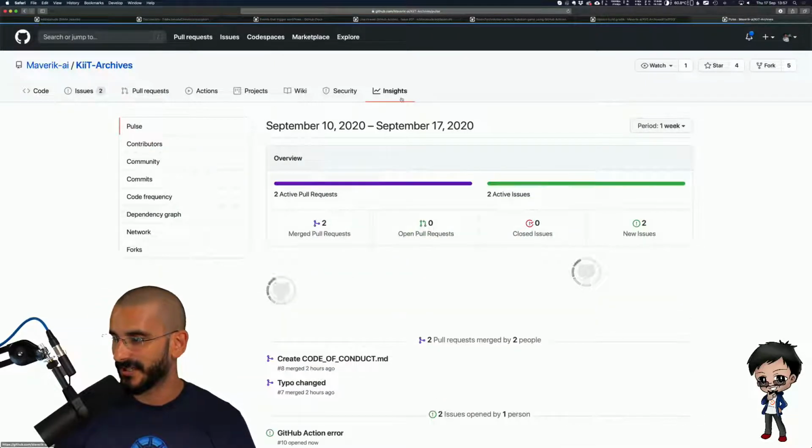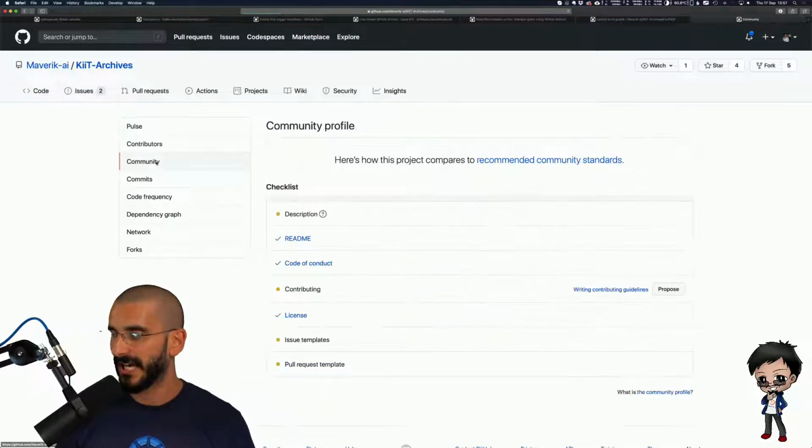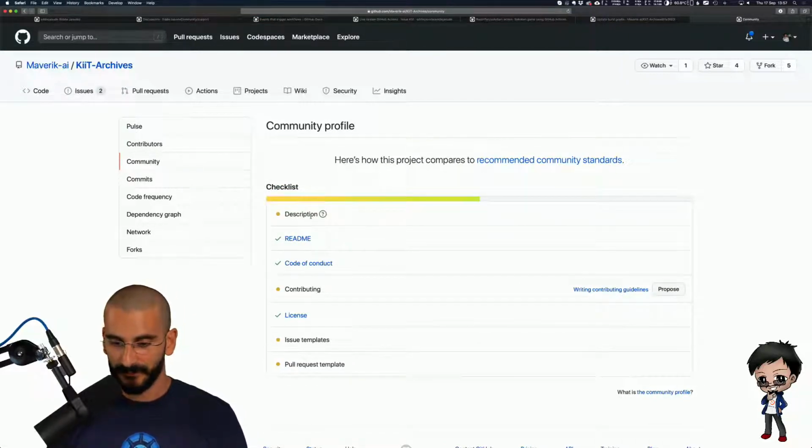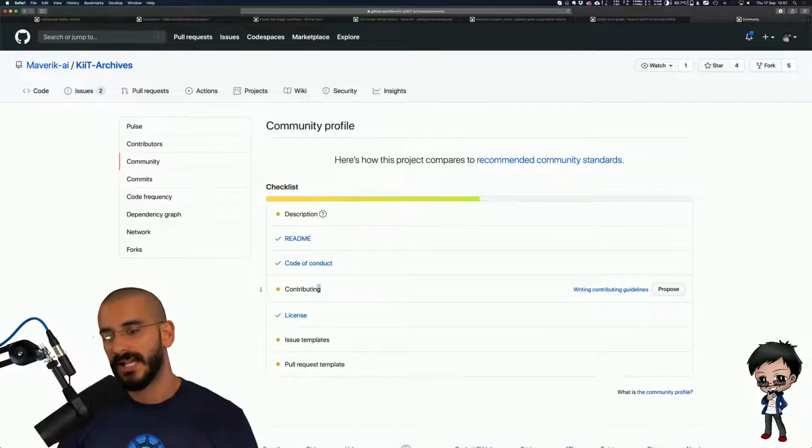So in Insights, in the community tab, I did the description one. Tijer's one. Have I missed lots of comments? Apologies if I have. So we've got a few. Someone can raise an issue for the contributing file, and someone can raise an issue for the issue template, and someone can raise an issue for the pull request template. And then if there's more people with more energy, raise the pull request for these.